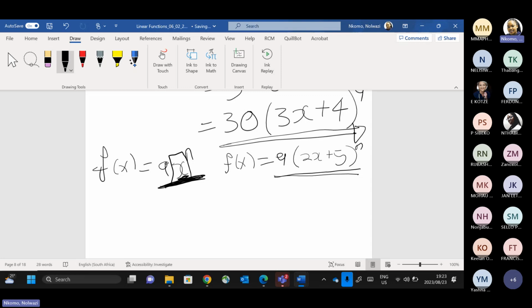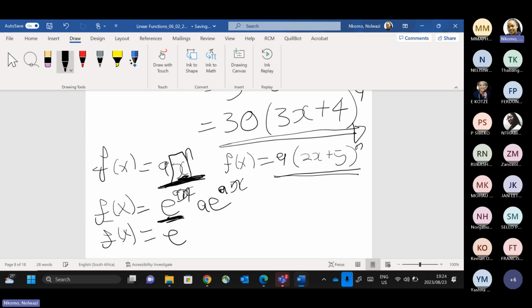If we have a function like this, again, f of x is equal to a x to the power n, we said the derivative of this function would be a n x to the power n minus 1. And if we have something like this, f of x is equal to e to the power x, then the derivative of this would be,